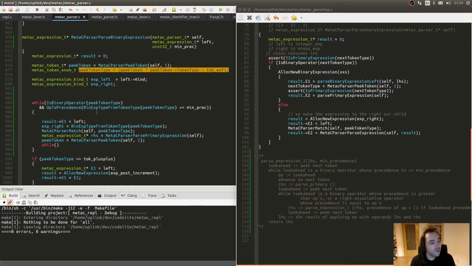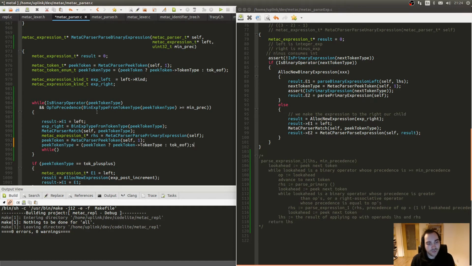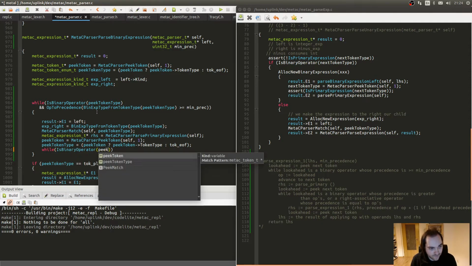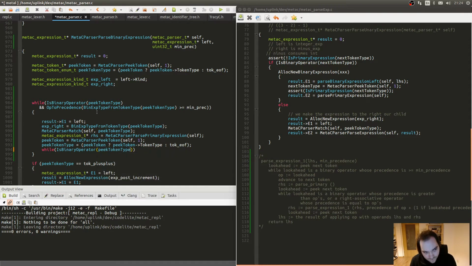At some point we should probably have a helper function for this, but then we're gonna have while is binary operator peek token type, and